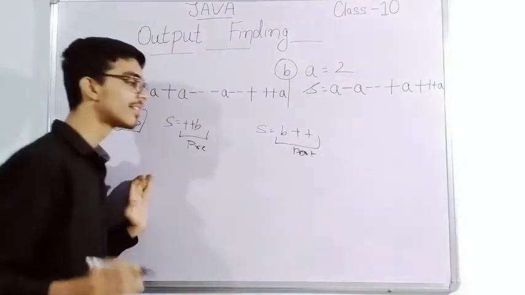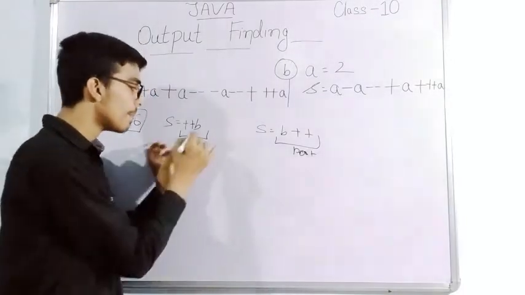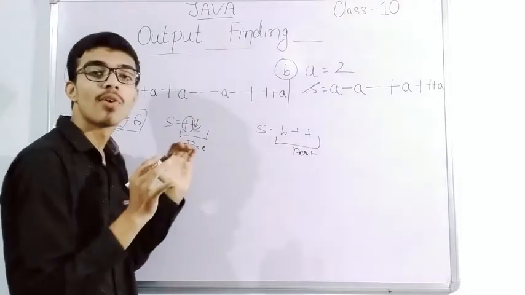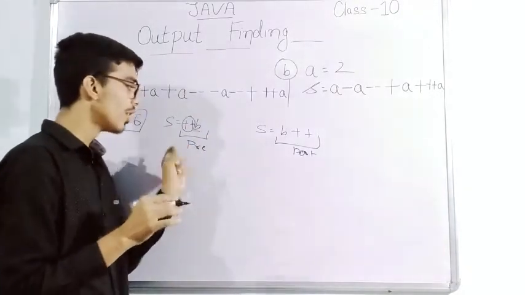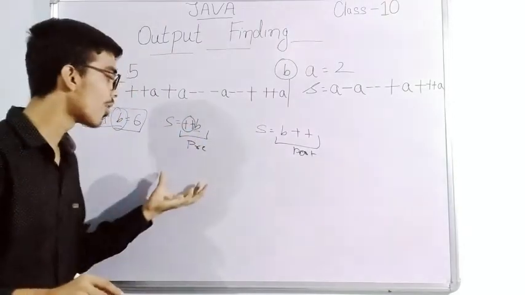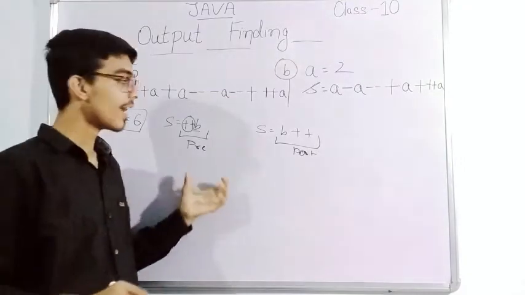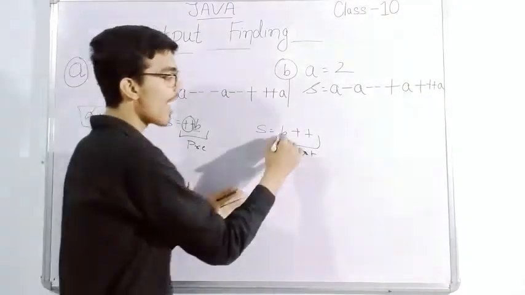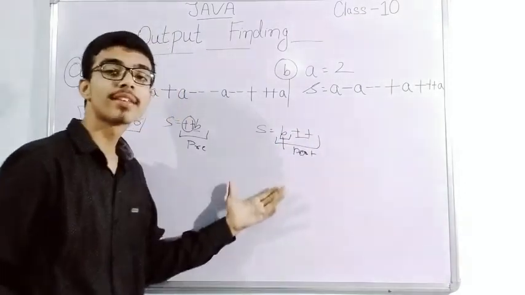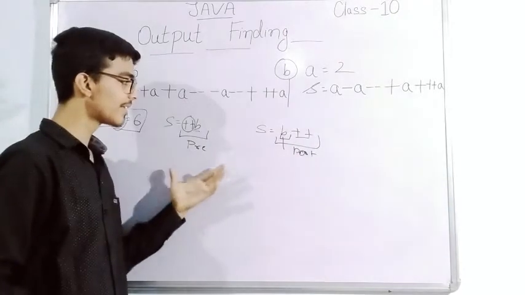Now you will ask how we know it. The reason is that before the variable, the plus plus sign is for increment. So if this sign is before the variable, then it is called the prefix operator or prefix increment operator. And here it is after this b, so we call it the postfix increment operator. So this is the thing.